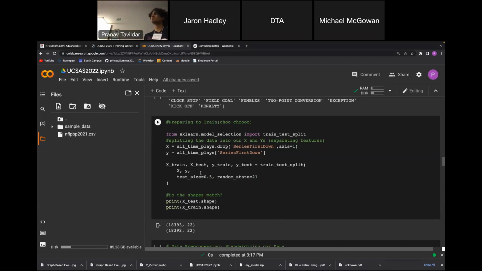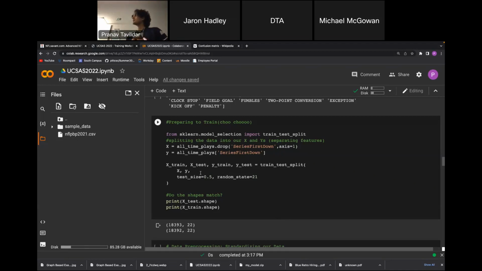Yeah, we're looking for how likely it is that we're going to get a first down on the next play. Our model is going to determine that, so that's going to be our y variable. All of the other categories that we've kept in are going to be our x variable. So the x variables are essentially our input nodes, and we're going to have one output node, which is the y variable.